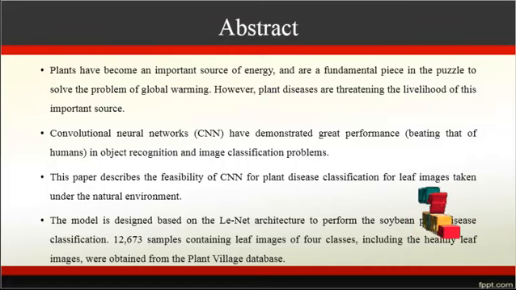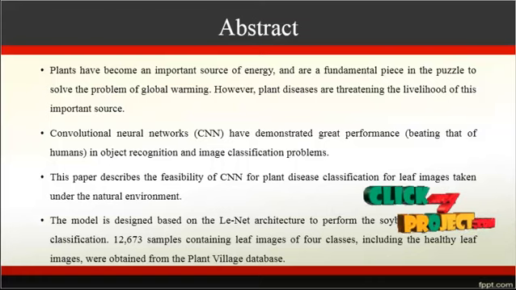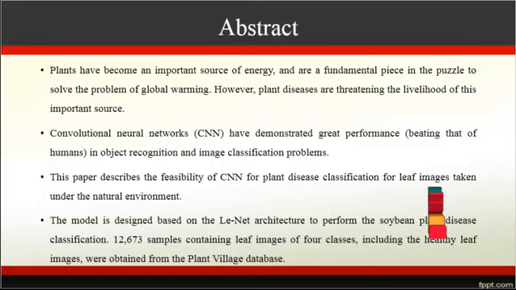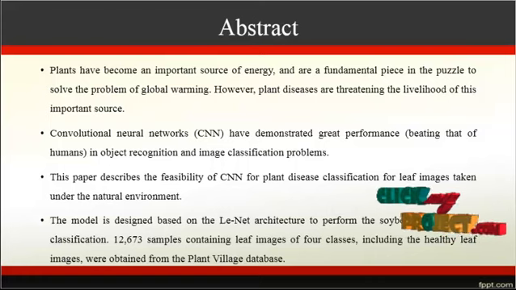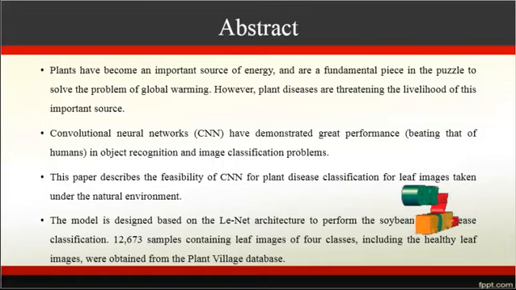The samples, about 12,000, contain leaf images of 4 classes, including the healthy images as well as the affected regions. Here we use the images with that architecture and then we classify the results.